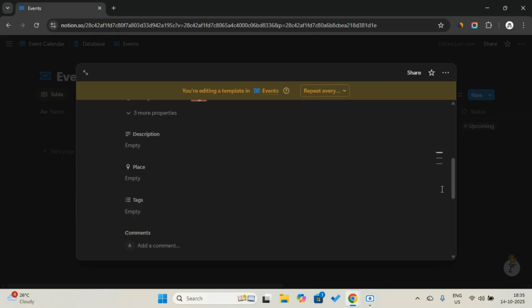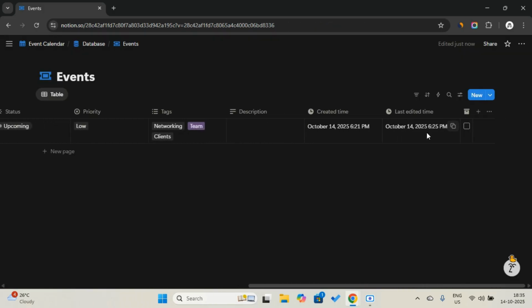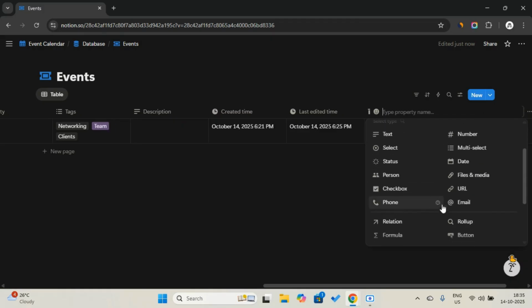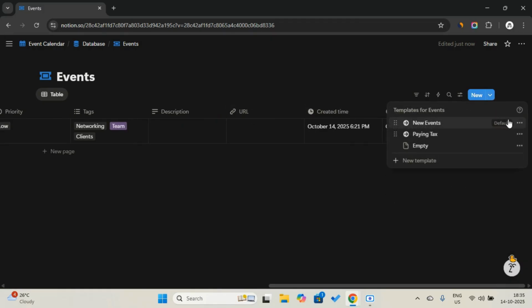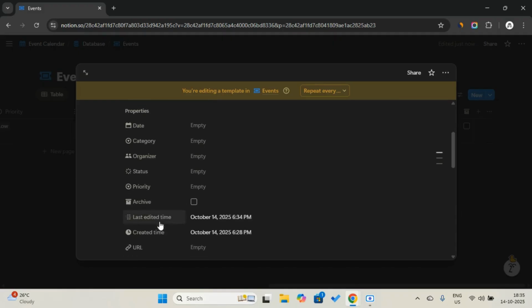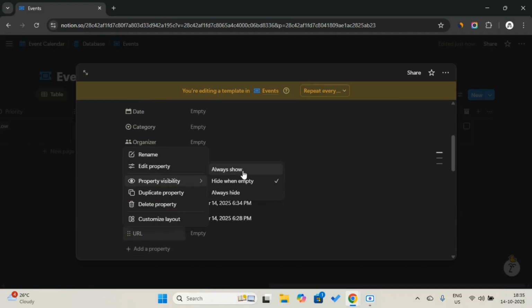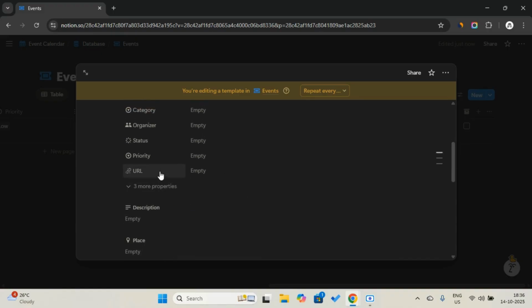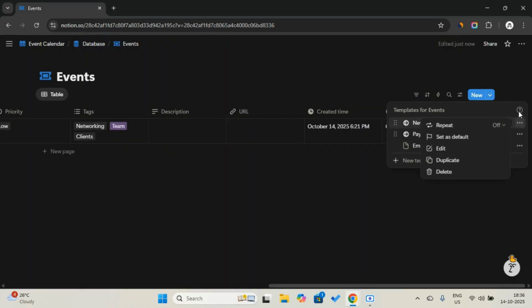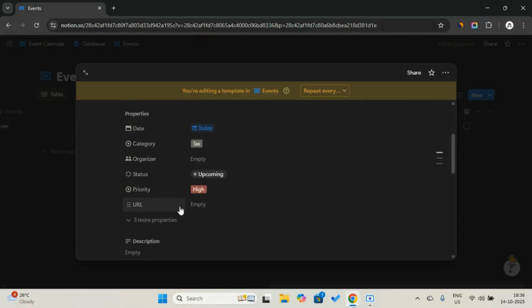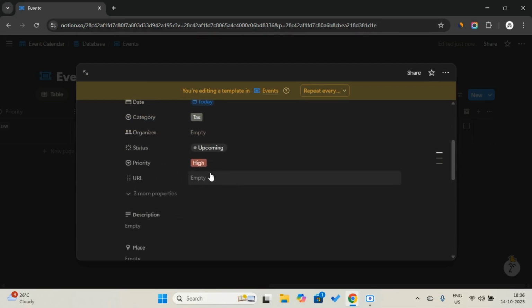And of course, let's add another property which is going to be a link, URL. Okay, good. The idea is to have it hidden, maybe, or always show, which helps show things together. Wait, there are three options. Let's come over here, and then there is URL showing, and here you can copy and paste the link to the tax paying